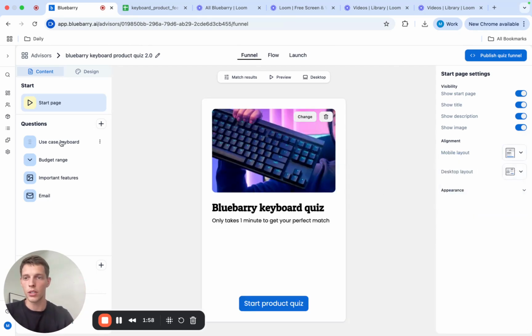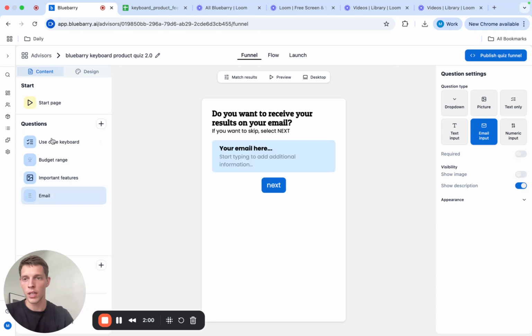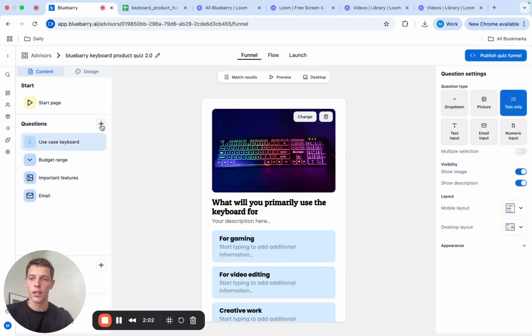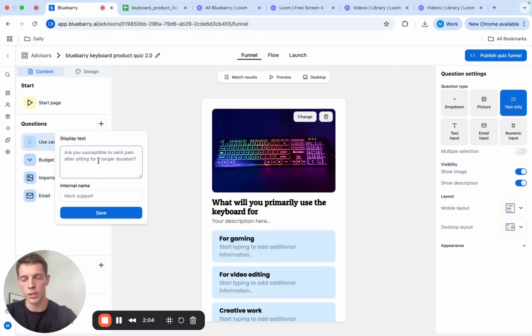The questions are listed on the left hand side. If you want to create a new question, you can just select the plus in here. You can decide on the question type. So for example, where are you going to use the keyboard? Use case,